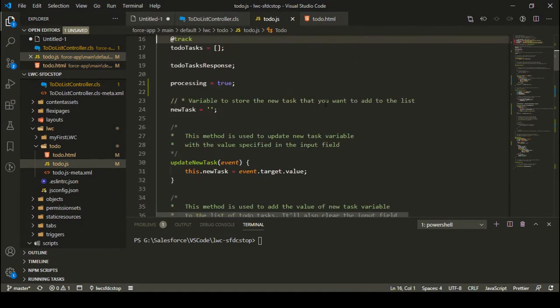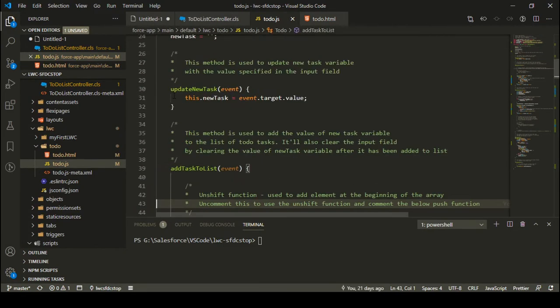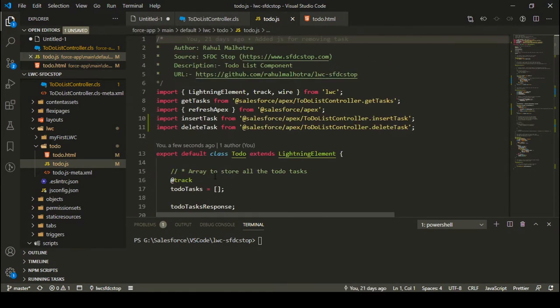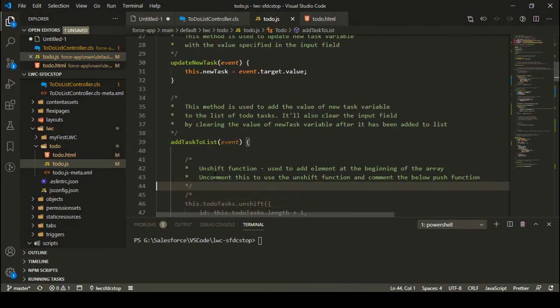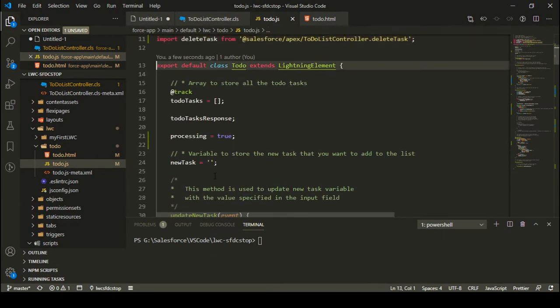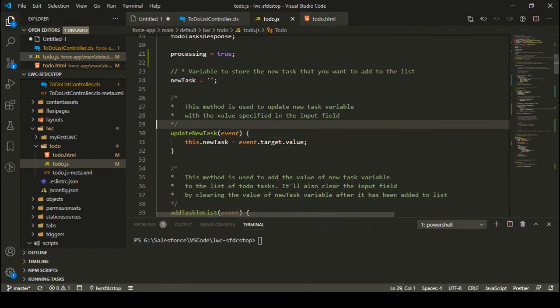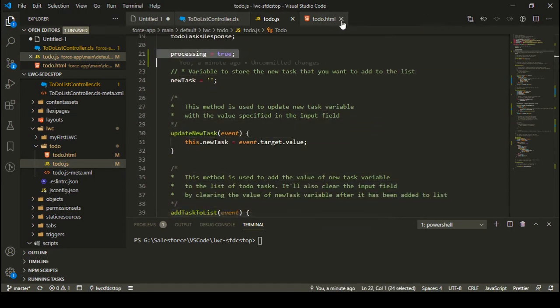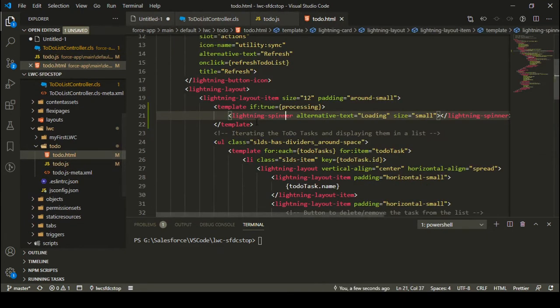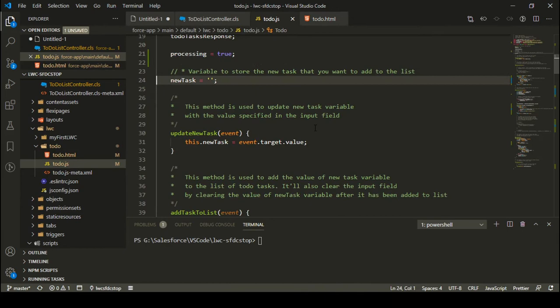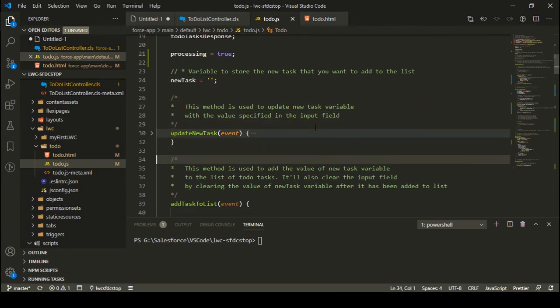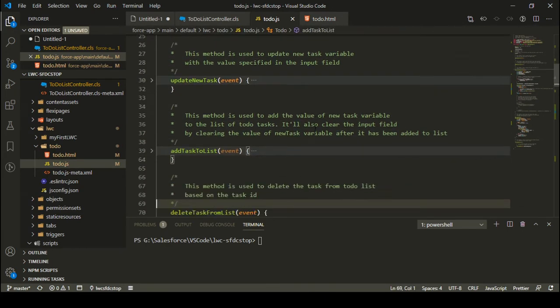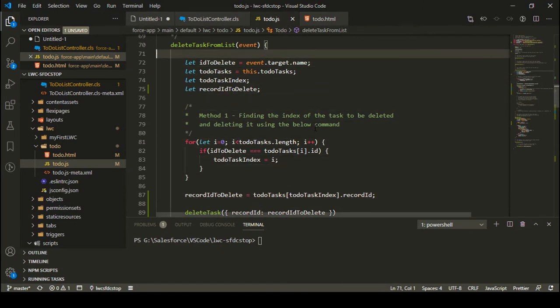So I have created a variable which is named as spinner, that you can see here. Sorry, the name is processing. So this is the processing variable that you can see here, and in case my processing variable is true, which is initially true, it will show me a spinner over here. And whenever my data is loaded from my apex, so let me just close these functions.